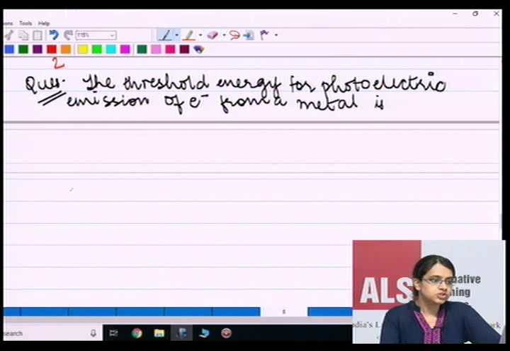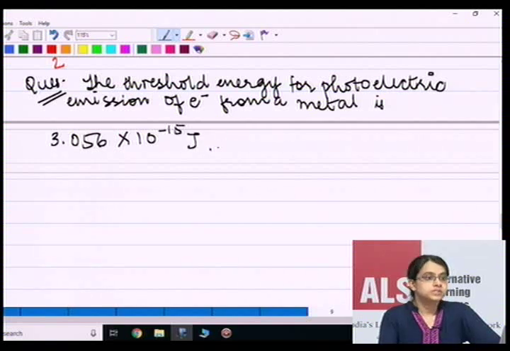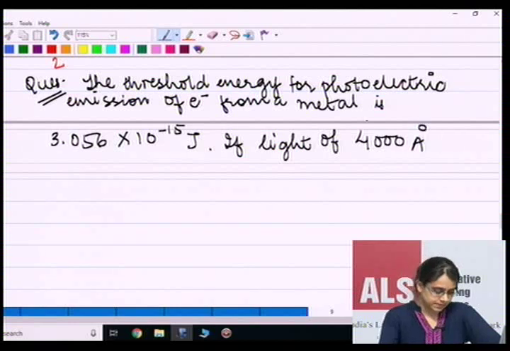The threshold energy for photoelectric emission of electron from a metal is given as 3.056 into 10 to the power minus 15 joules. If light of 4000 angstroms